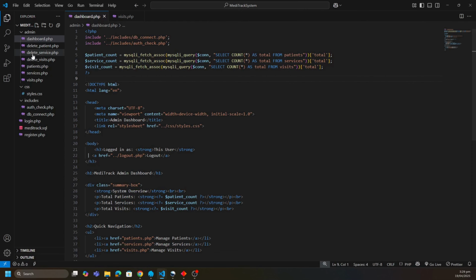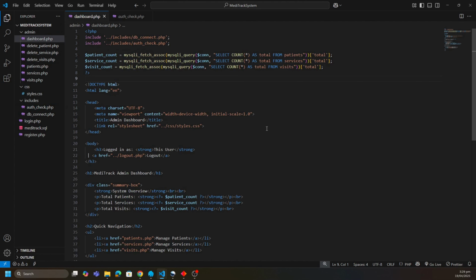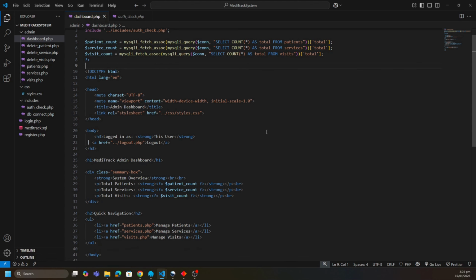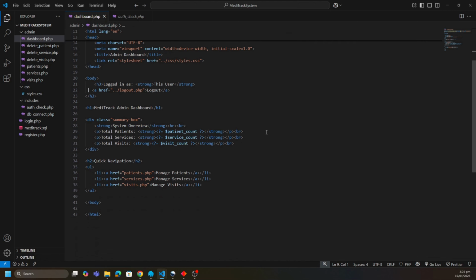So our auth check, once we include it, has our session information. And once we include our auth check, it should be able to provide the session information to any page that includes the auth check. So therefore, I can go to the area where our logged in as is shown,